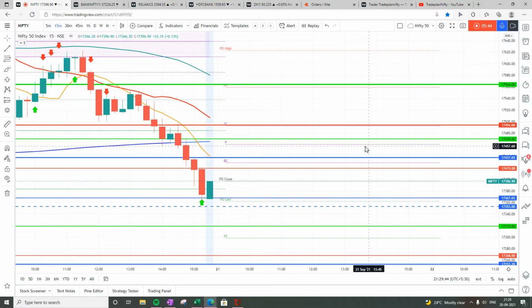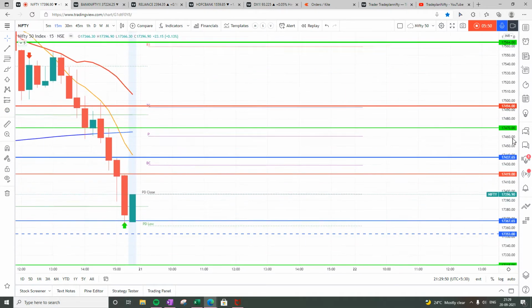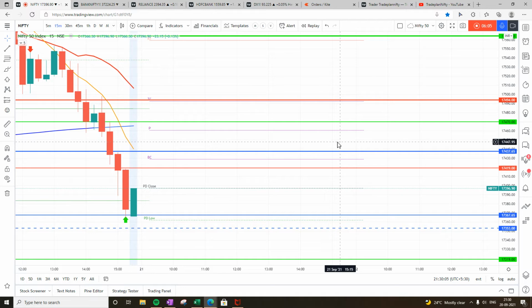And for tomorrow, the pivot is at 17,461. So still the open looks like below pivot. So for tomorrow, that is 21st September 2021. Option one is that it will open below pivot, which is at 17,461, and there is also the 200 bar moving average close by. In that scenario, the idea is sell on rise, either at pivot, which is at 17,461, or at